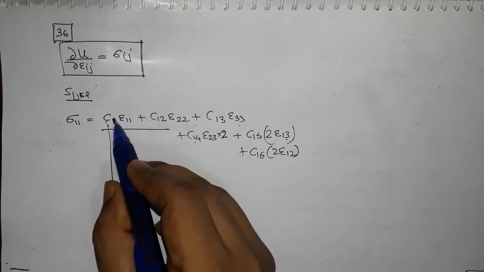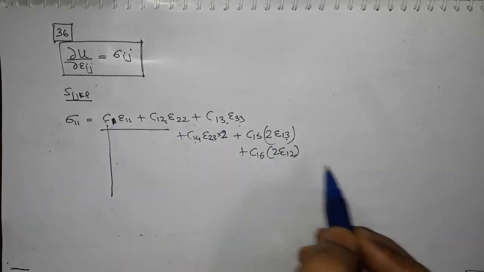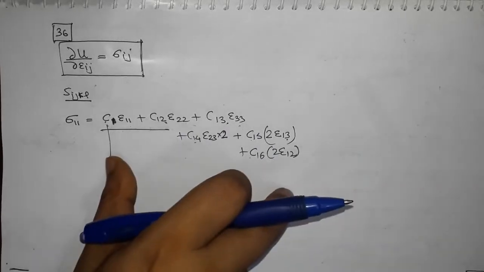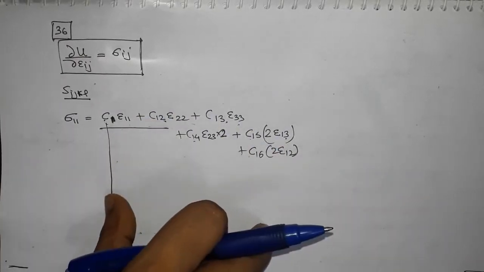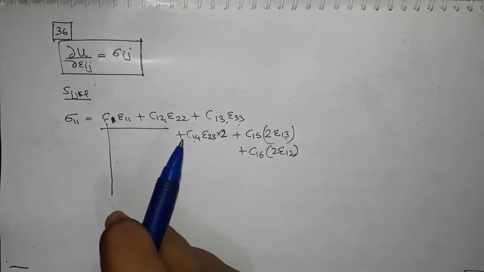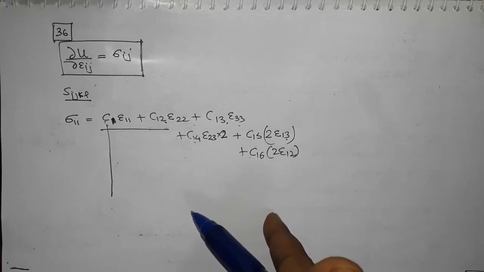So column number 1 C11, column number 2 C12, column number 3 C13, right? And because we have only 36 components now, we don't have to write 9 by 9, we have to write a 6 by 6 matrix, right? So we'll only go till column 6 and row 6,